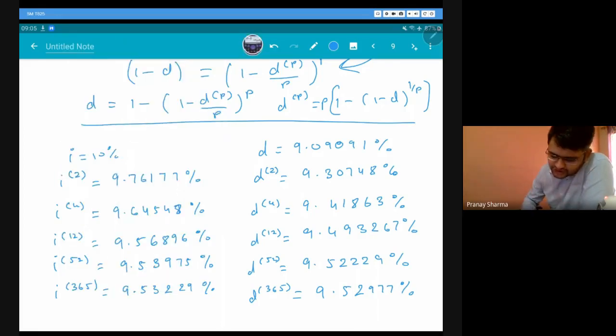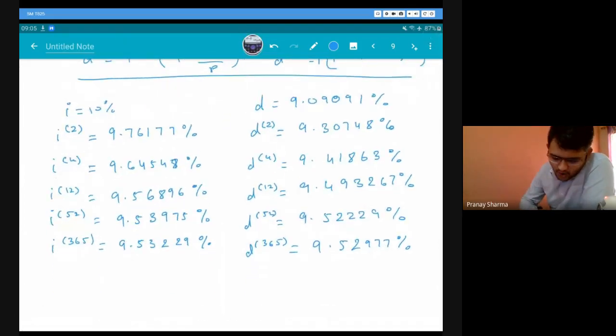So you can see the relationship here. First of all, the nominal values, these are all annual values. We have effective annual, these two are effective annual, and the others are nominal values. Nominal is always in annual. So all of them are nearly the same value. You don't have one as 10% and the other as 5%. It is nearly 10%. See, I is 10%, these are all nearly 10%. D is 9%, this is nearly 9%. Or you can say these are all nearly 10% values.